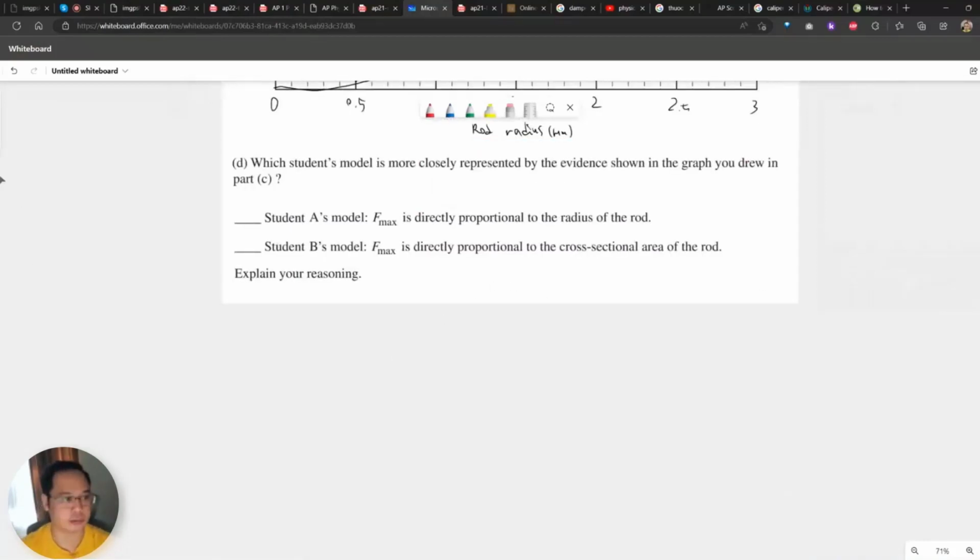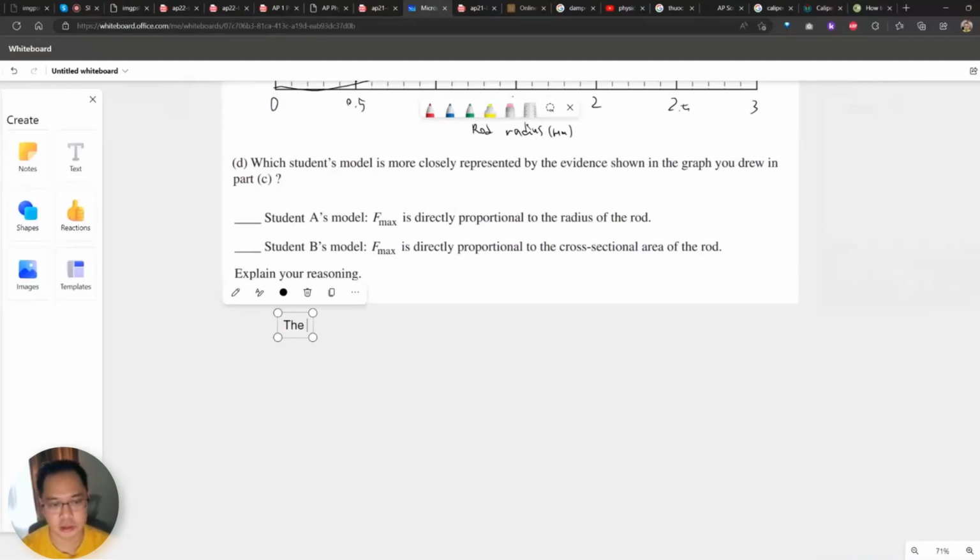Explain your reasoning. The student B model is more accurately represented or supported by the experimental result, data, and graph,